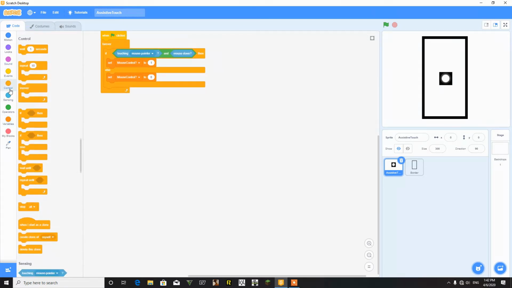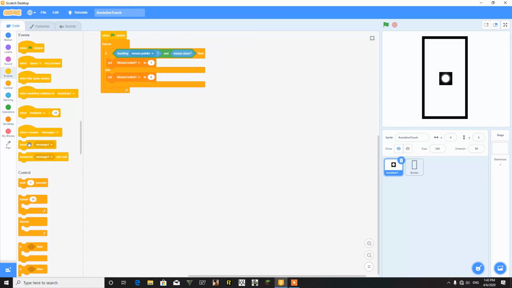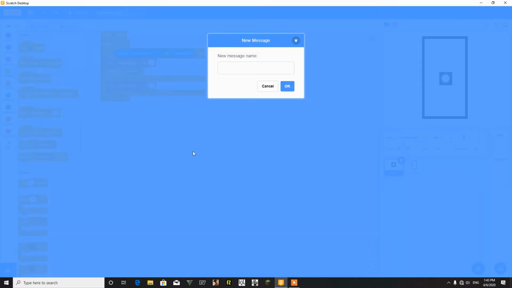Then make a broadcast method. Broadcast go to mouse pointer.